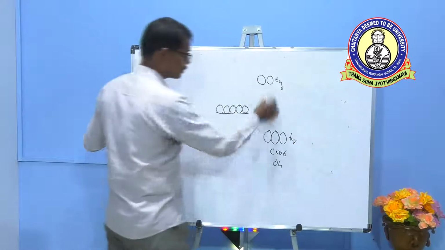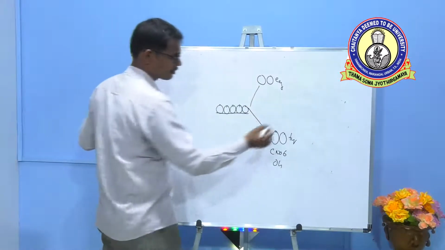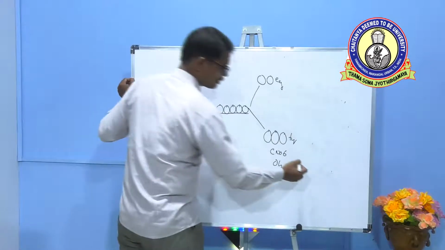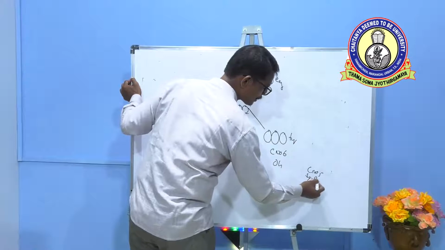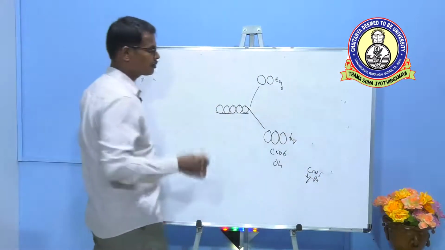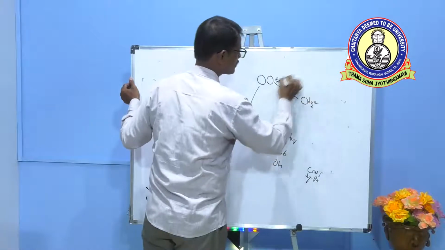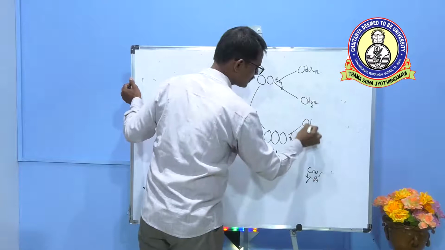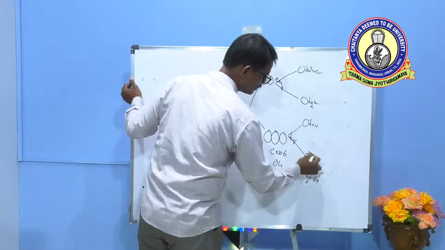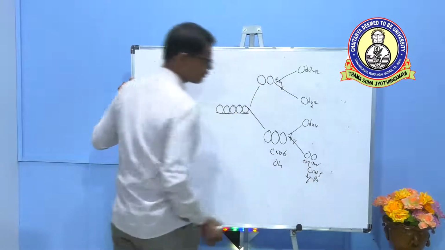Then, at this juncture, if you consider coordination number 5, square pyramidal, it means one ligand is removed along the z-axis. Here dz square decreases, dx square minus y square increases. Here dxy and dxz, dyz. This is coordination number 5.